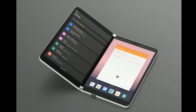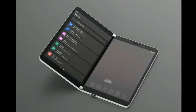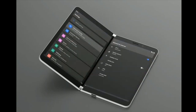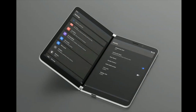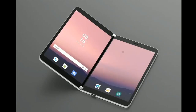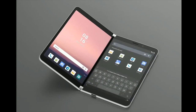But the nice thing is that by Microsoft building out this dual display setup, it will transition nicely into a foldable display once that technology is in a state that is mass market ready. Don't get me wrong, I still think this device is going to be incredibly expensive, but it's a forward-looking thing for Microsoft. And this walkthrough of the UI just gives you a flavor of how dual screens can work with multiple different applications, how you can access quick access features,